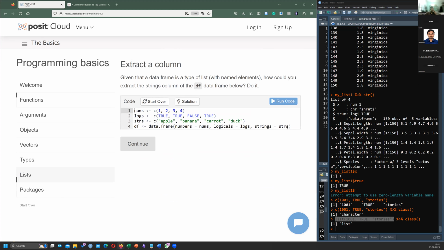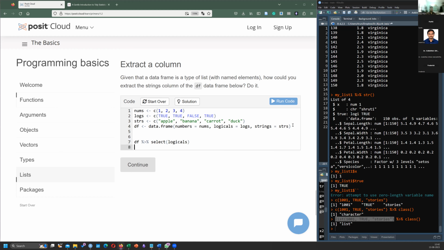Okay. How to extract a column? How to extract a column? Select function. Okay. Let us assume that we want to extract logicals. Select logical.